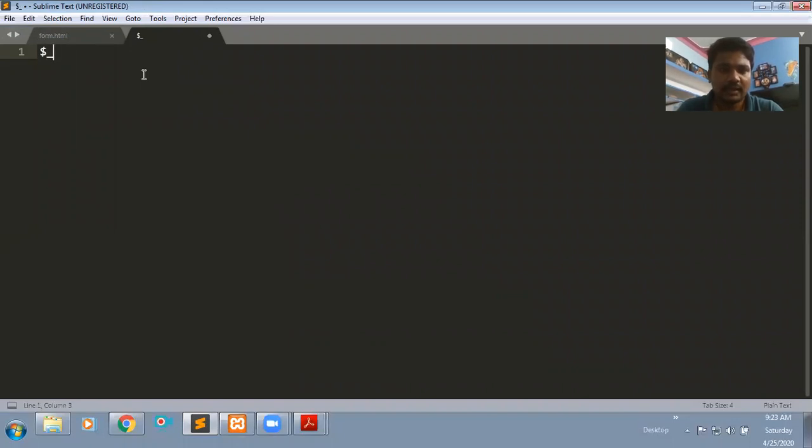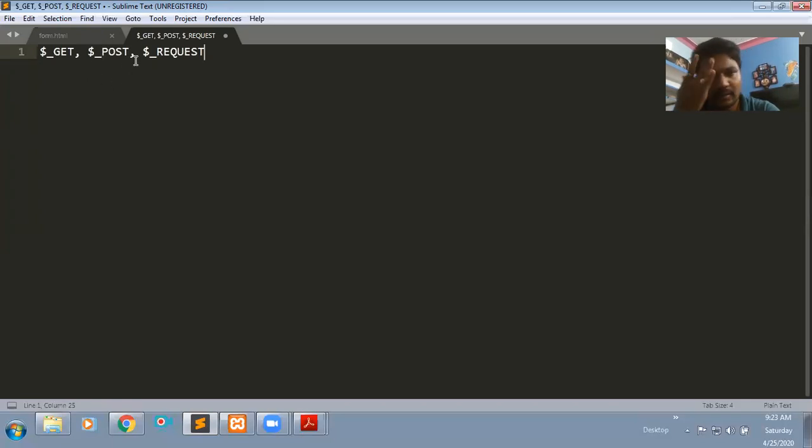One is $_GET, one more is $_POST, and one more is also there, that is $_REQUEST. These three are super global variables defined by the PHP developers. These are used to read the data from the web forms. How we can read the data in a web form, we will see.